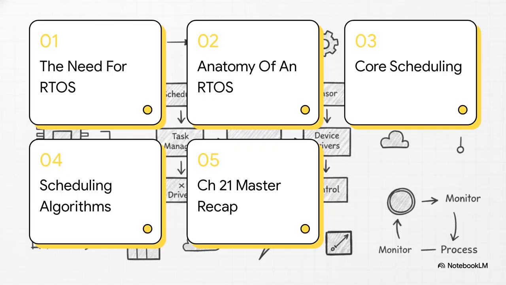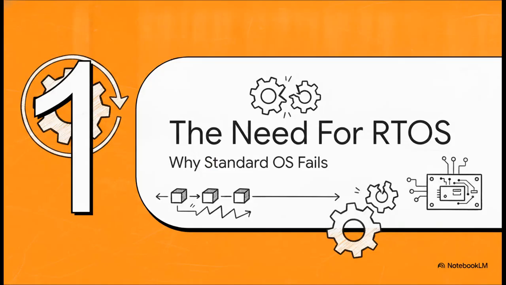So here's our roadmap for today's masterclass. 1. The need for RTOS. 2. Anatomy of an RTOS. 3. Core scheduling strategies. 4. Key scheduling algorithms. And finally, number 5, our Chapter 21 master recap. Let's move. Starting with Section 1, the need for RTOS, let's look at exactly why standard operating systems just can't